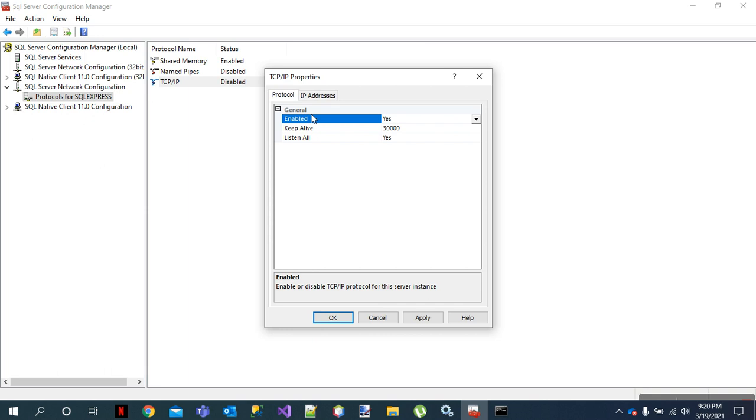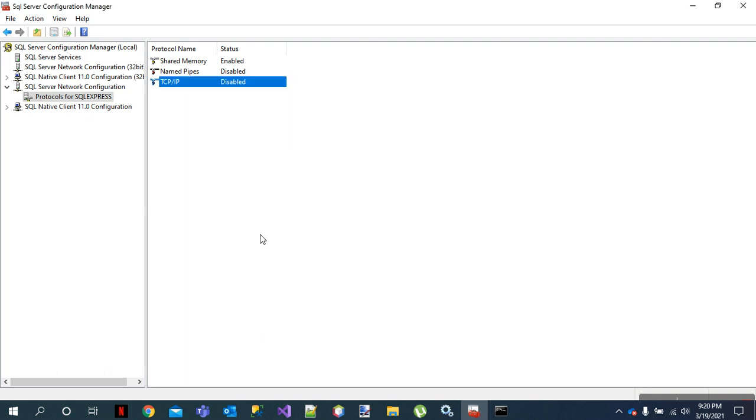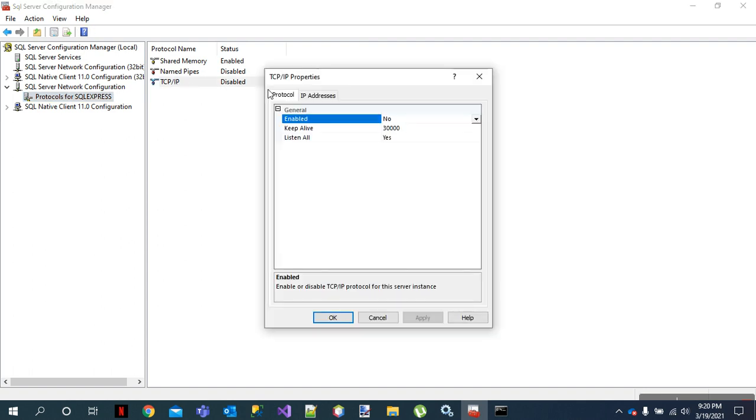So you saw what we've done. Let me just cancel. We start here. We're here, it's SQL Server Configuration Manager. Under server network configuration, you go to protocols for SQL Express and you go to TCP/IP, right? You click here and then you say, is it enabled? You make it yes, that is enabled.